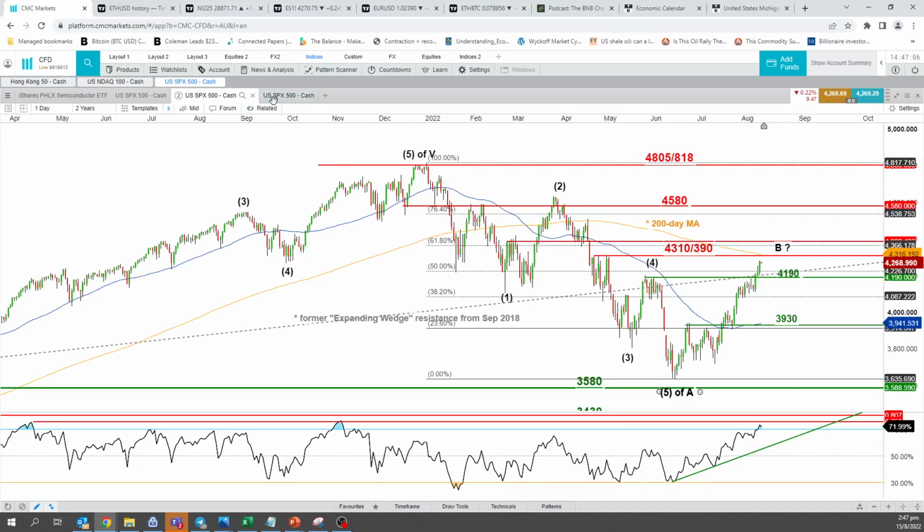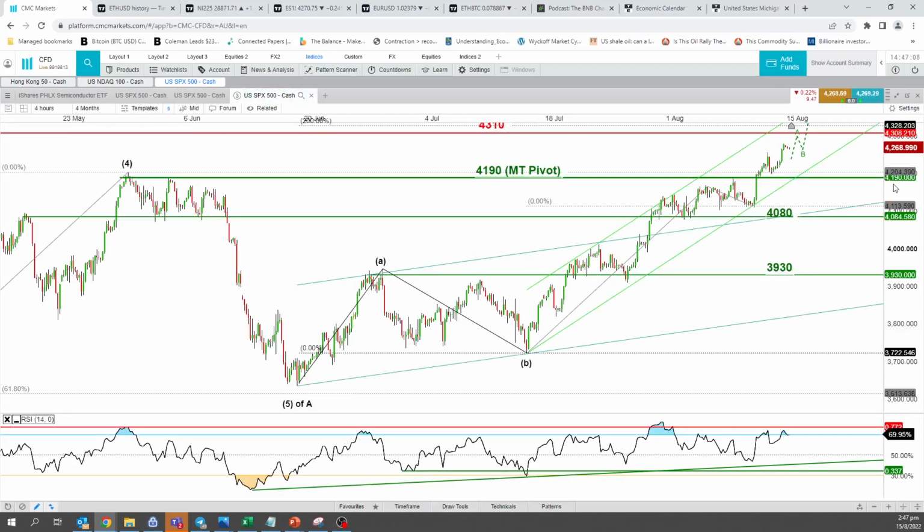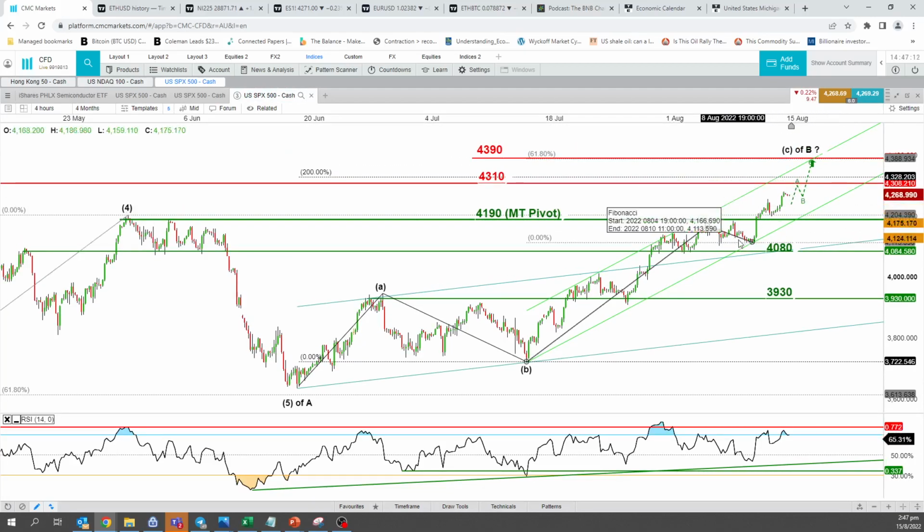So with that in mind, let's go to the strategy chart, where I'll share the key levels to maintain that bullish bias. Last week we had a medium-term pivotal support at around the 4090 level. We will tighten it to 4190. So 4190 is my key medium-term pivotal support, and it also confluences with the lower boundary of this short-term ascending channel that I drew from the low of 14th of July, and with the former swing highs of 30th of May and 3rd of June. We will see a potential push up towards 4310 and 4390 before the risk of a deeper pullback takes shape from here.